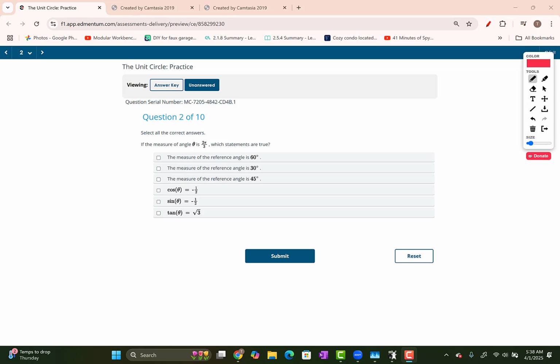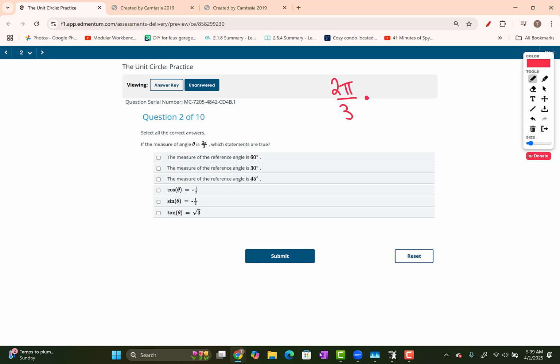Question 2, select all the correct answers. If the measure of angle theta is 2 pi over 3, which statements are true? So the first thing that I want to do is convert this radian measure to a degree measure. So recall, to do that, we're going to rewrite 2 pi over 3, that's our radian measure, and we're